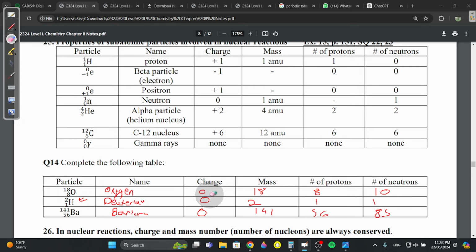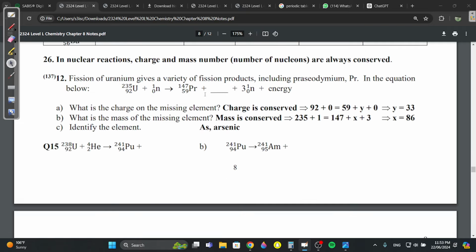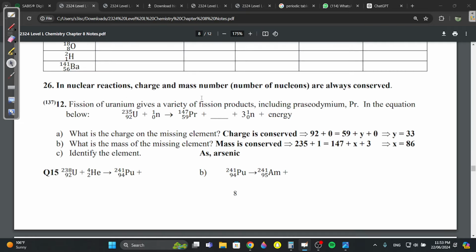Okay, well, now that I look at it, the charge should be plus 8, plus 1, and plus 56, because over here for carbon and helium, they put the charge as the number of protons. I guess that works. Fission of uranium gives, okay, what is the charge of the missing